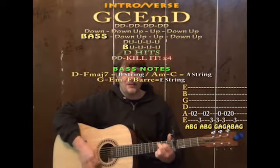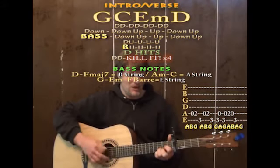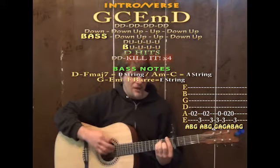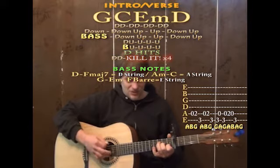And then the C would have the A string for your bass. Your E minor would have the low E string for the bass. D would have the D string for the bass. And when you get the F, if you're doing the bar F, it'd have the low E string for the bass. On the F major 7 and the F major 13, you'd have the D string for the bass on those